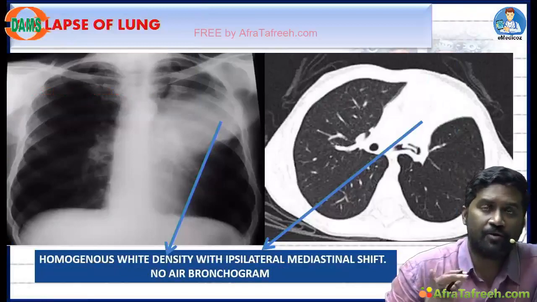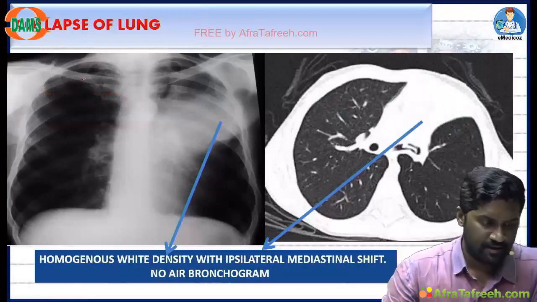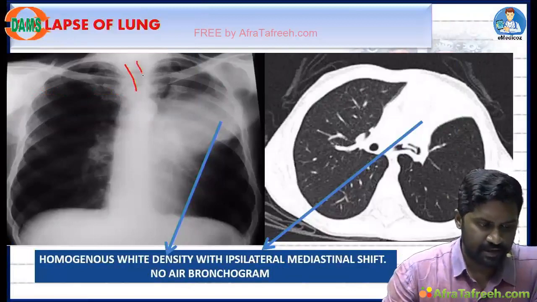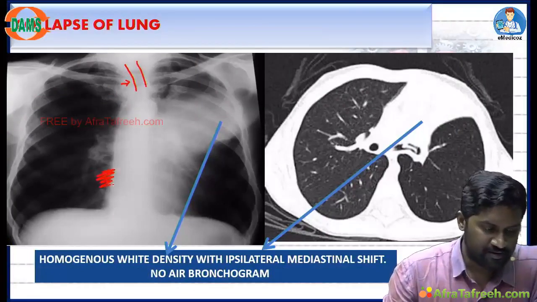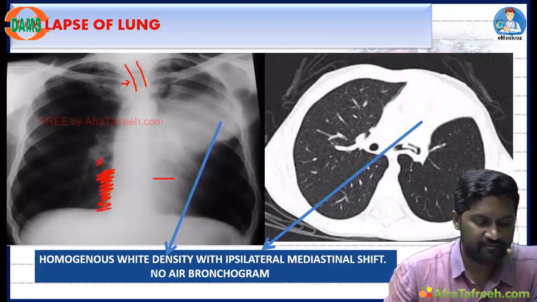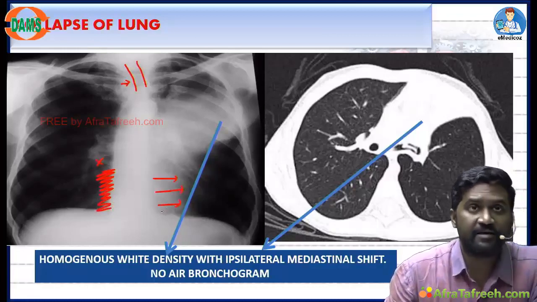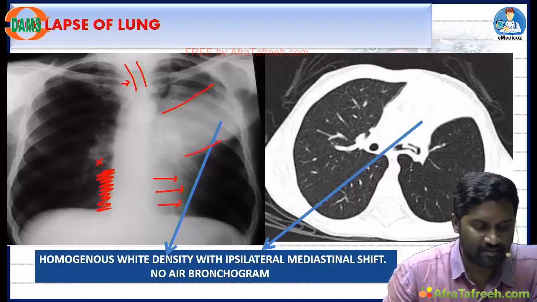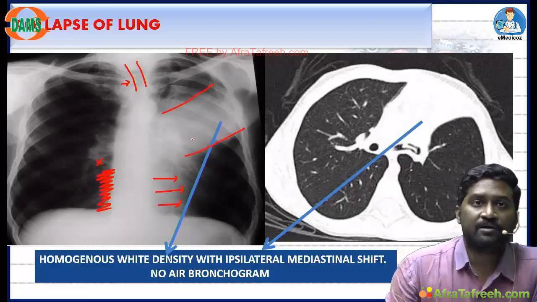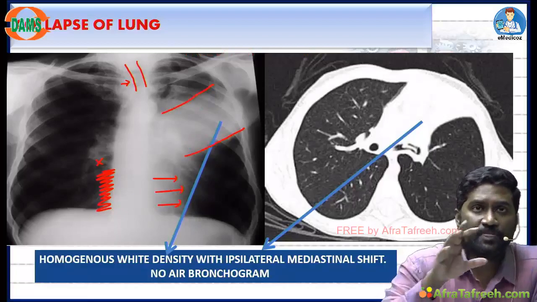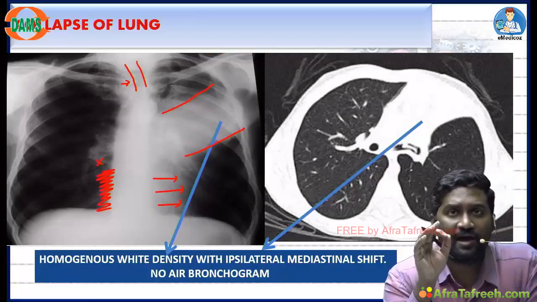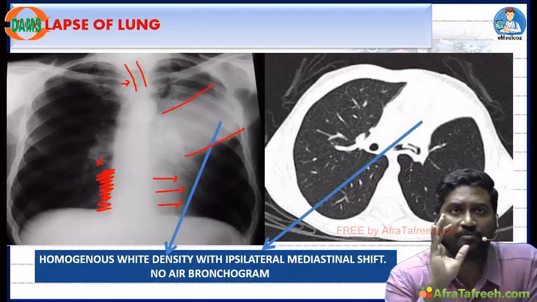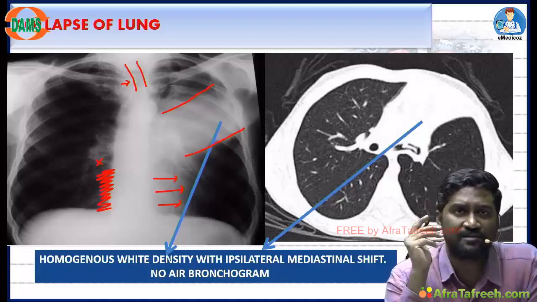Now this is the collapse of lung. How did I tell? If I notice here, I could see trachea going towards the left, and most important is the heart shadow. So nothing is on the right, everything has been pulled towards the left, and moreover you are able to see a density on the left. Now if you look into this density also, there you cannot identify any air shadows. So there are no air bronchograms. It is completely white, densely white.